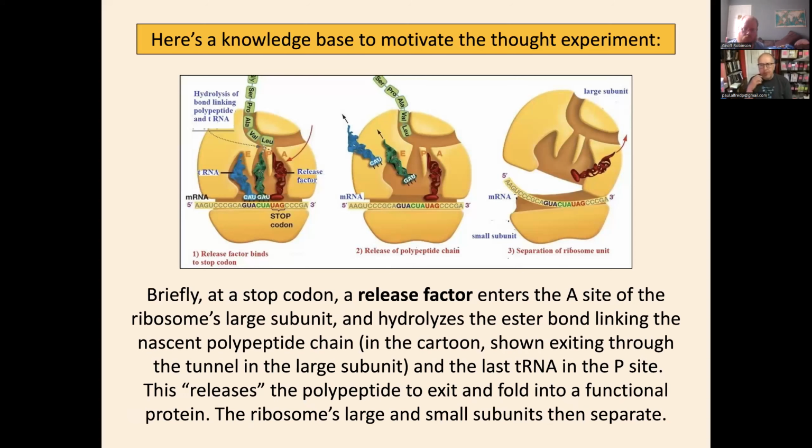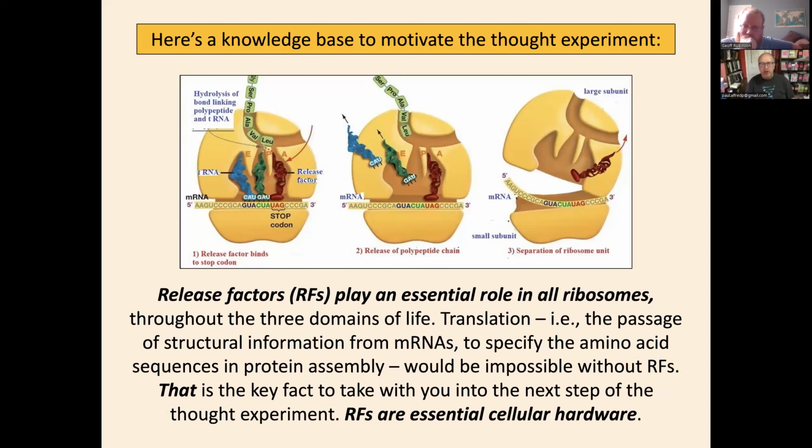Now, release factor is critical for this process. In other words, it's not a peripheral player. It's essential for protein assembly because it does that job. If release factor is disabled in some way and doesn't recognize the stop, the ribosome will go down the messenger RNA strand and arrive at a stop. Because there's no transfer RNA to recognize the stop, the ribosome will just idle there, and the protein will remain attached to the ribosome and it won't fold. So you can see that release factor is critical for the process of protein assembly.